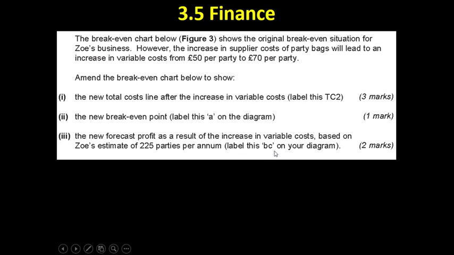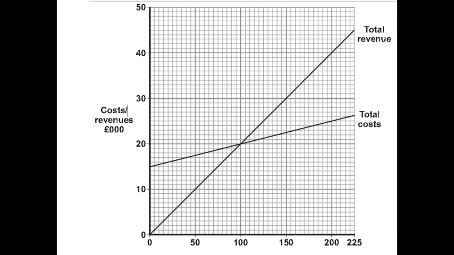Okay, so how would we go about doing this? The first thing we need to do is work out what happens when the variable costs go up from £50 to £70 per party. So this is what we're given. You can see that we've just got the original total costs and total revenue line. Now what I'm going to be doing is trying to plot the new total cost curve when the variable cost per unit goes up